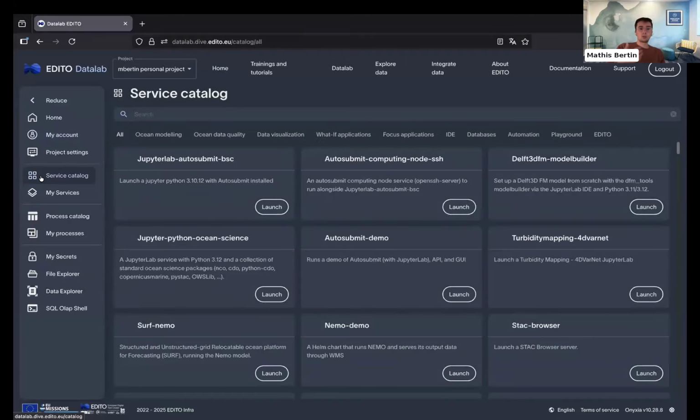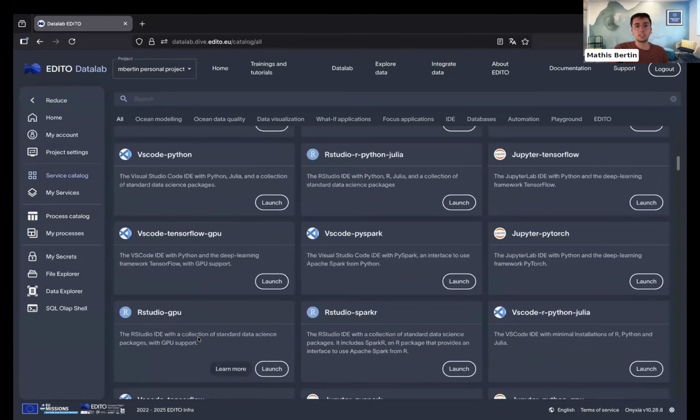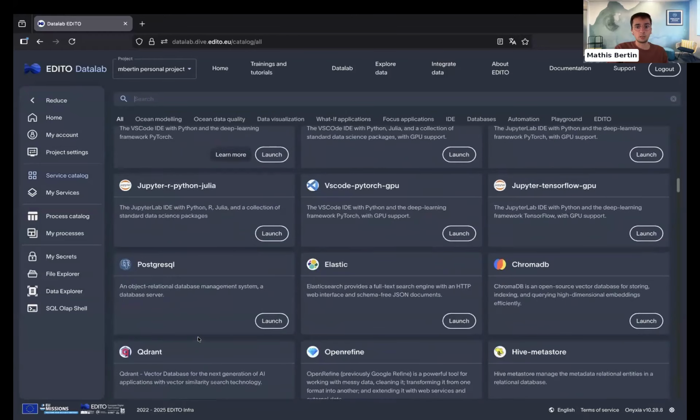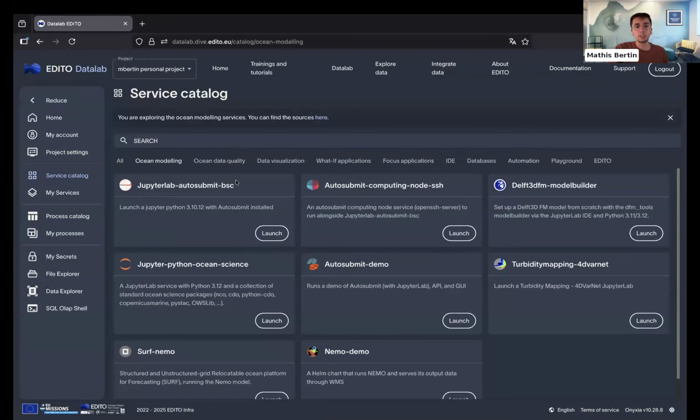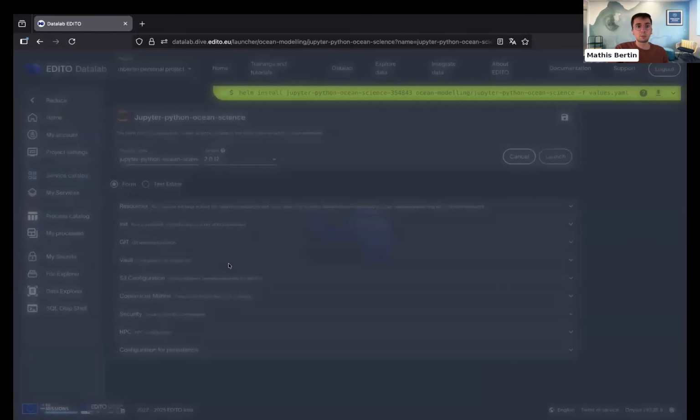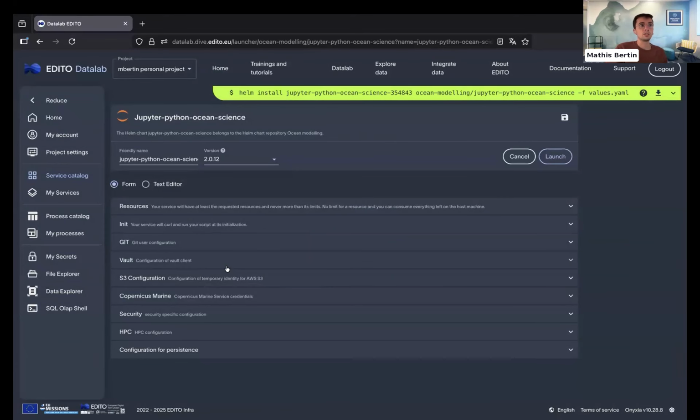Then we can start to explore our service catalog. We have two catalogs, or a catalog that is divided into two parts, the services one and the processes one. In the services one, you will find all the different services that the community has published. They are sorted into different categories. When you want to launch a service, for example, this Jupyter Python Ocean Science, that is a Jupyter notebook with some ocean science tools onboarded,